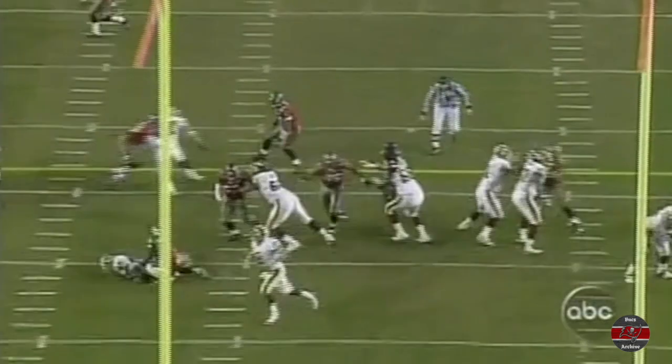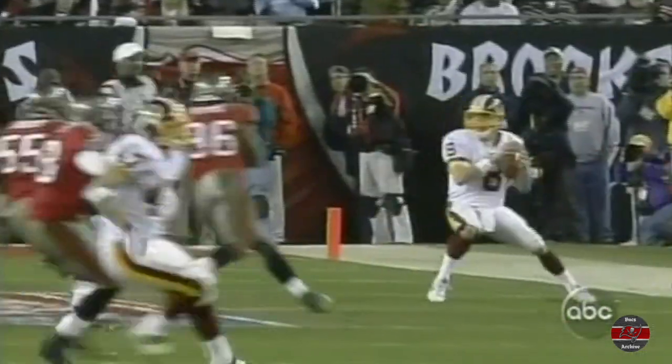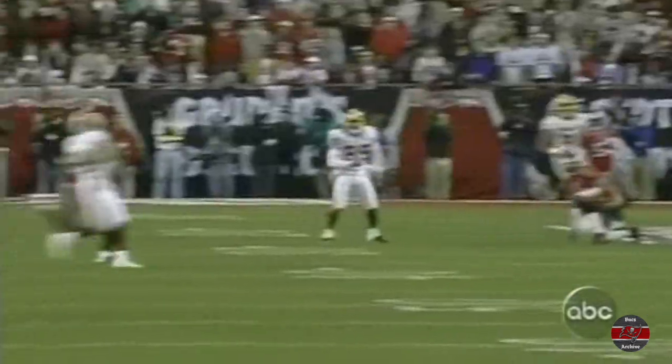Brunell is trying to make something happen, and he's going to try to throw the ball back across the field into the middle. But watch what Kelly does. Up in the air with the ball. You talk about phenomenal hands. One-handed. One-handed. You'll see this. He knocks it to himself and then makes the interception. If you're any kind of a quarterback at any...